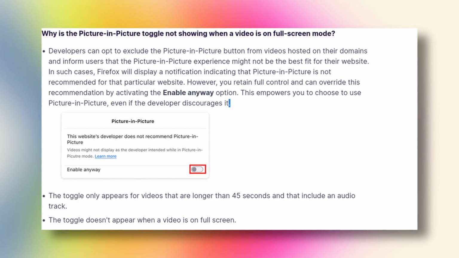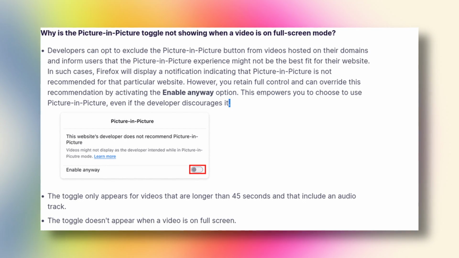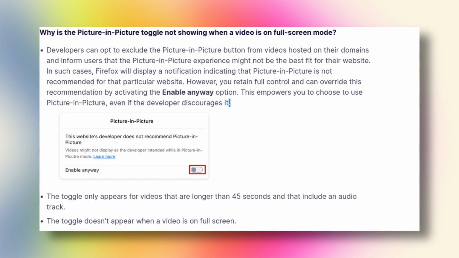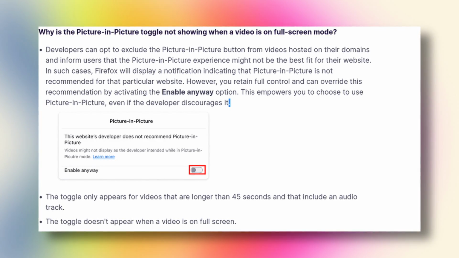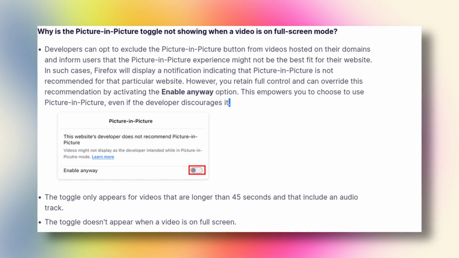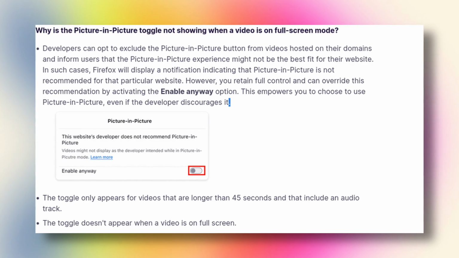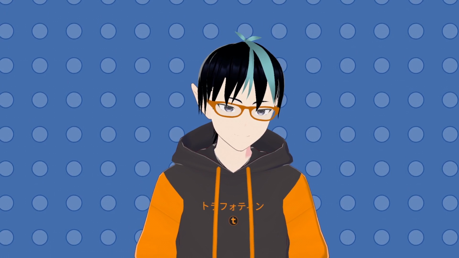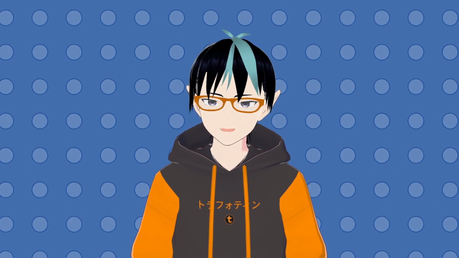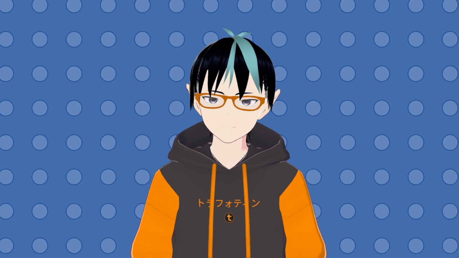But one cool thing about Firefox is Firefox will never take away your control to use the picture-in-picture player, and they will not block you from doing so. So you, as the user, will always have full control over the content that you watch. Now, that being said, I still wanted to figure out a way around the 45-second limit, so I decided to